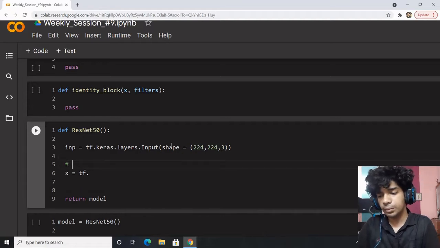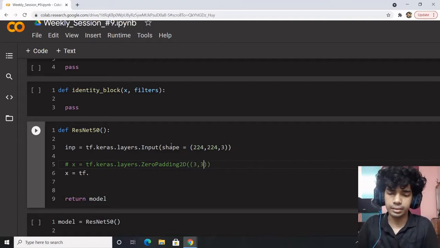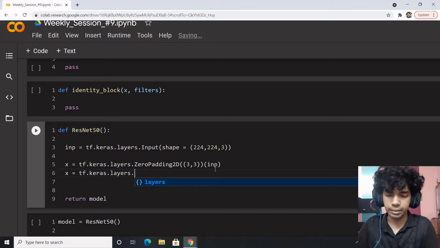You can do padding over here, but we'll explore it later. Zero padding, 2-dimensional. You can do 2 cross 2 padding, you can do 3 cross 3 padding. 3 cross 3 would end up making it 230 cross 230.